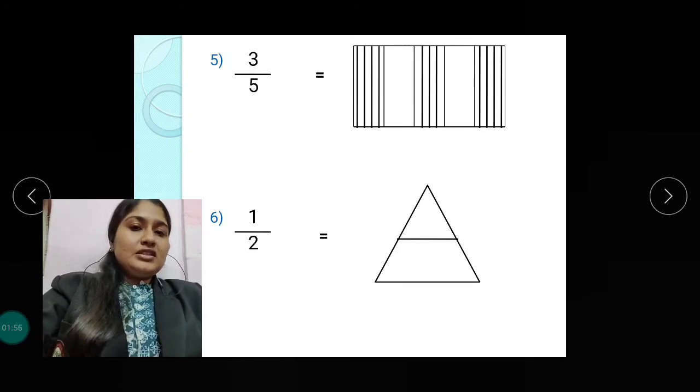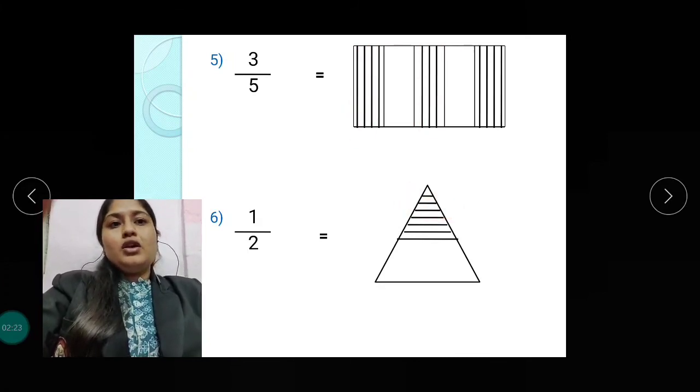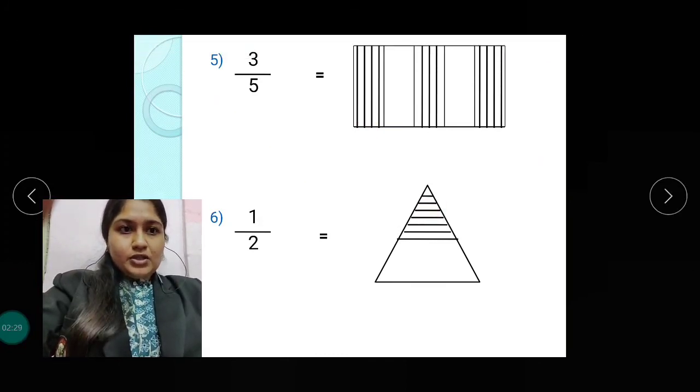Okay, so the 6th is half. Okay, so this triangle is divided into 2 equal parts. Okay, so now let us see which part ma'am has shaded. Okay, so the first one. Okay, see, I have shaded here in the horizontal way. The 5th one I have done in the vertical, right? And this is horizontal. Vertical means सीधी, and this triangle मैंने horizontal किया है, right? So you can use any of the methods, right? So here students,